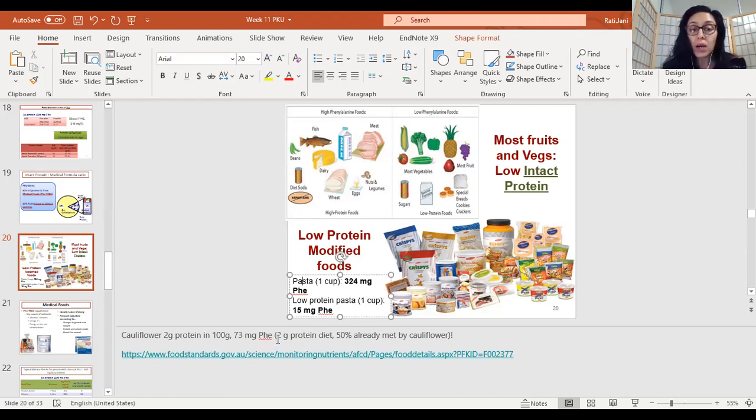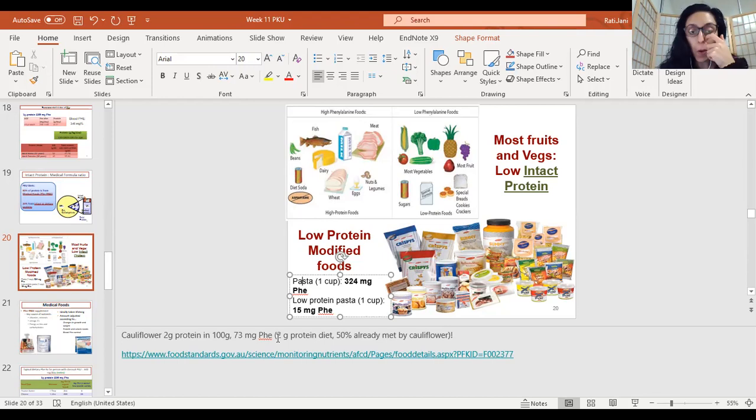But now guys, hypothetically speaking, if you have a patient who can only have 4 grams of protein per day, a very severe dietary intact protein restriction, so this individual can only have 4 grams of intact protein. You give him 100 grams of cauliflower, and your 2 grams of protein are already used with this cauliflower. Does that make sense? Something which we wouldn't even fathom as protein, like cauliflower, you would never put cauliflower and protein together, but you have to be so mindful with a PKU patient.